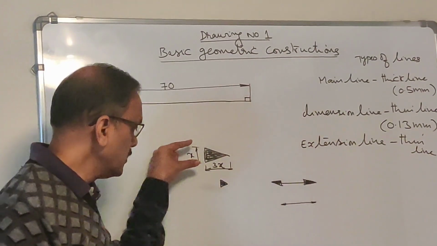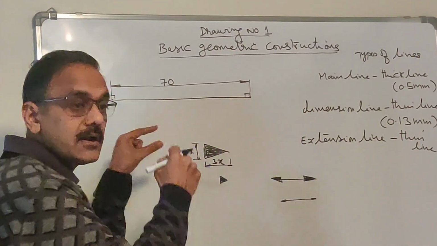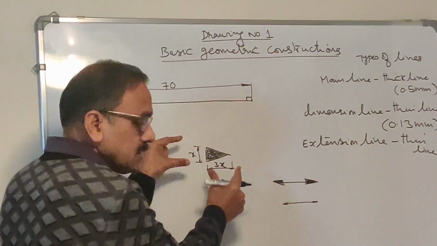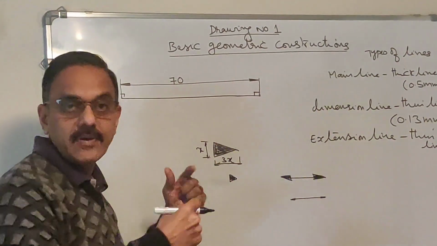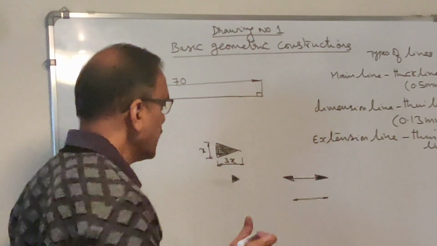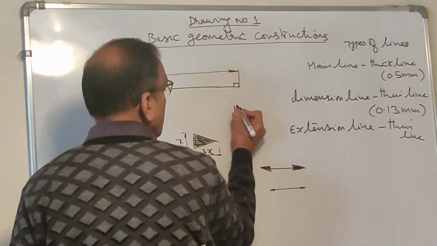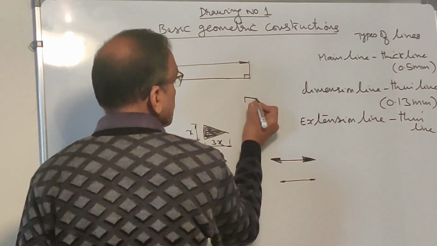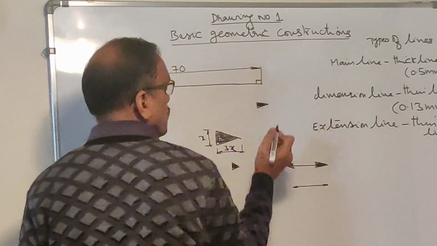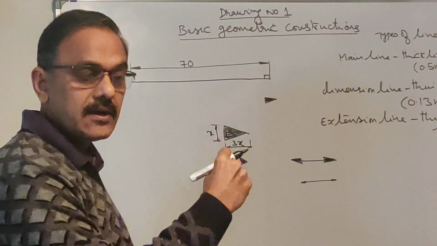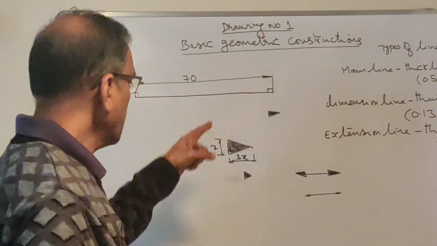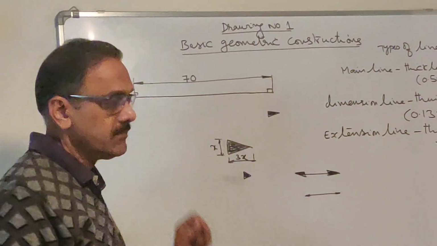Even the proportion, you don't have to measure and keep it there. This x and 3x I was telling you, you don't have to measure that. Only make sure that the length is taken more. This is the width of the arrowhead. The length has to be more. That is what I want to say. You don't have to measure it. It's not required. But make sure the shading is light.